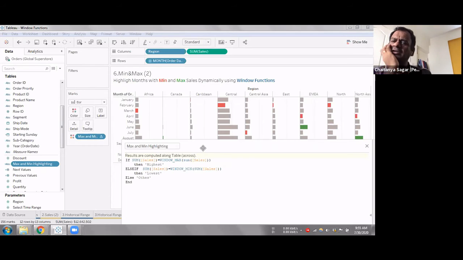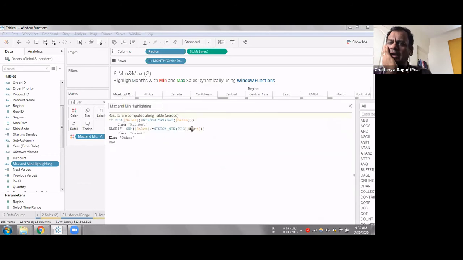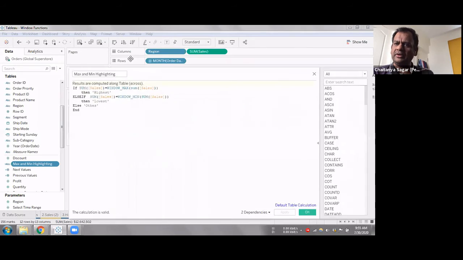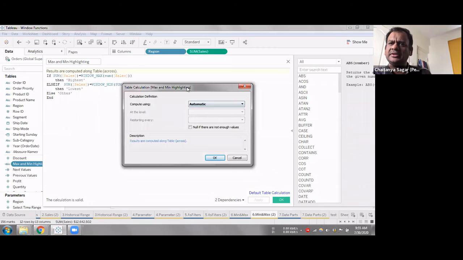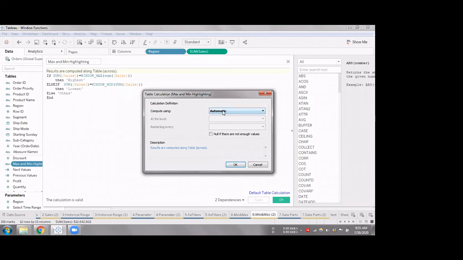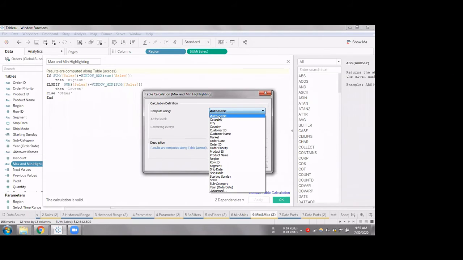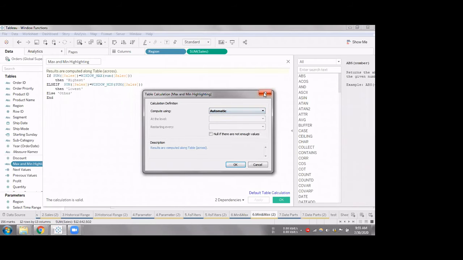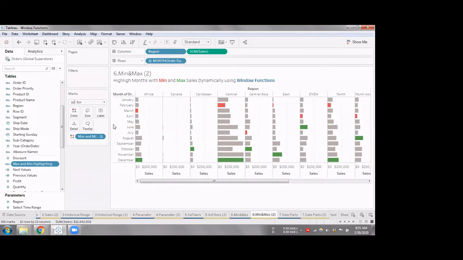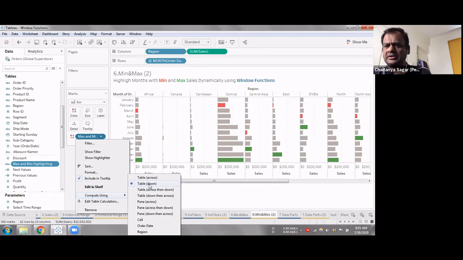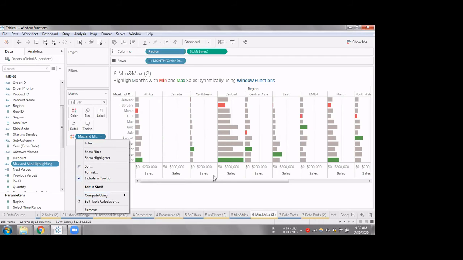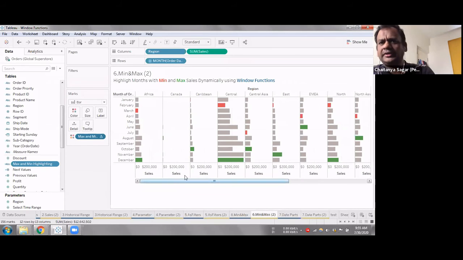Got it. But here, when you say window max, have you set the table calculation to pane or something so that you were able to differentiate between each of those things? Yeah, so by default, what Tableau uses is based on the view that we have, it automatically figures out that we are trying to go table down. That's why I didn't bother. But if you check it here, compute using, it's already doing table down. Understood. That's why it figured out that I should calculate maximum and minimum on each of the columns. Okay, got it.